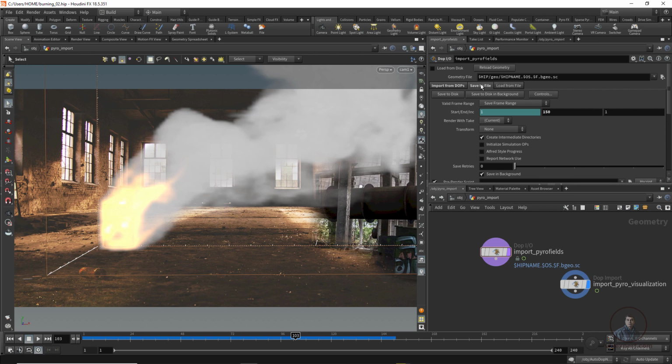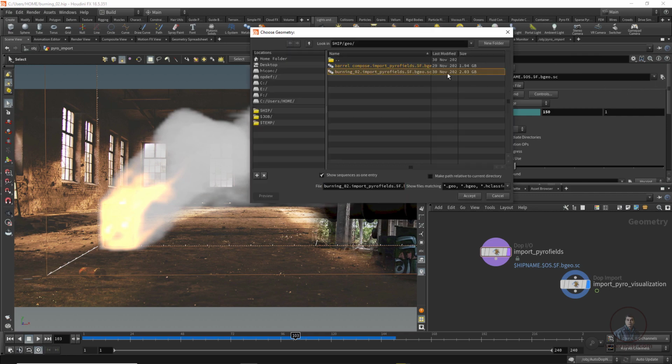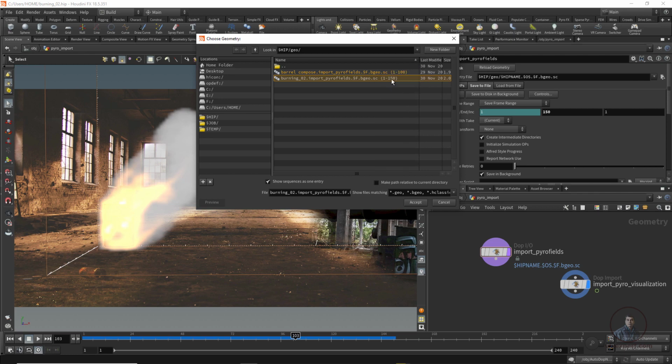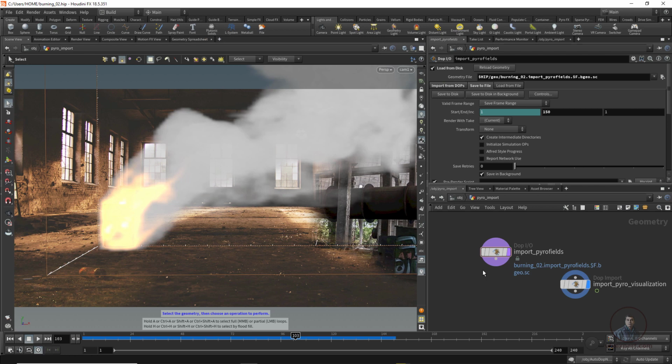So now let's import our simulation here. We have to simply click on load from disk, and it will load from here. From here if you want you can check, so this one, okay, 1 to 150. Select and click on accept here. Now come here and disable our simulation button. Okay, so disable this one. So now I am going to view the simulation from our disk. So finally we have to enable this one, remember this one.